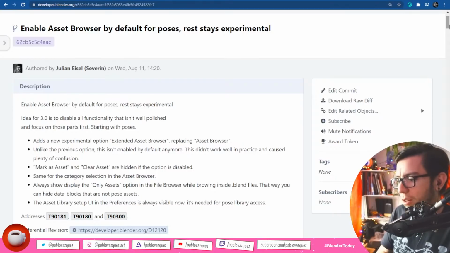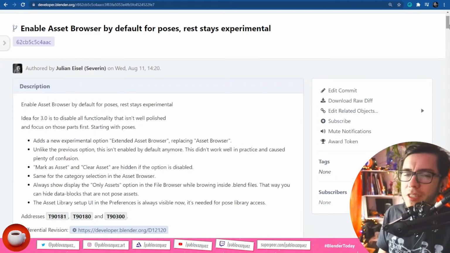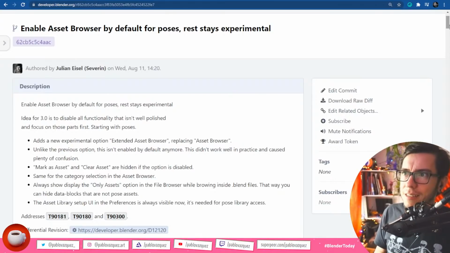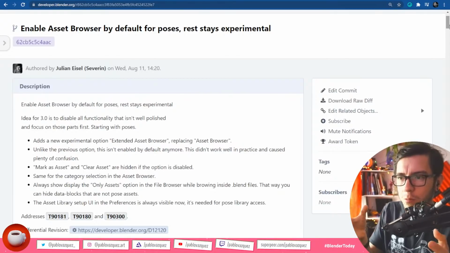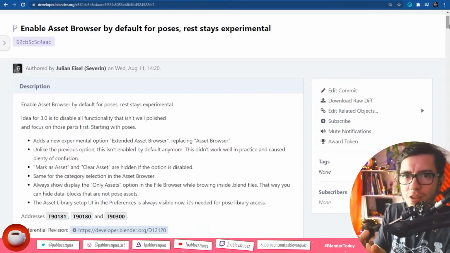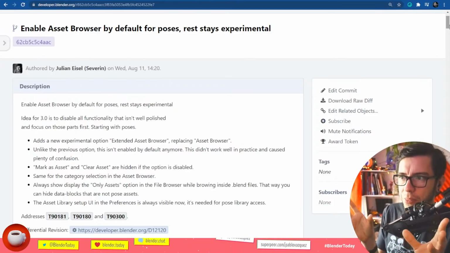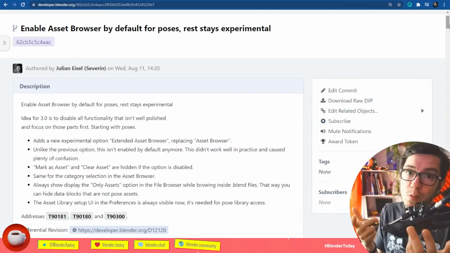However, all the other parts of the asset browser, like marking materials and objects as assets, are not there yet in terms of what the team wants to ship as production ready. So in order to prevent confusion for users, those settings are going to be experimental.